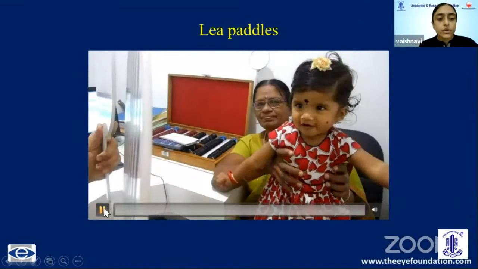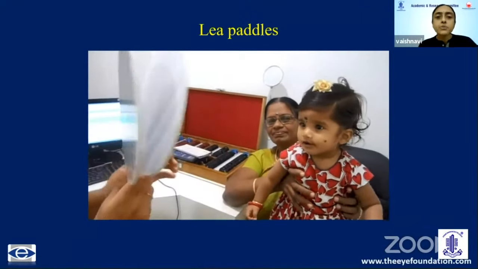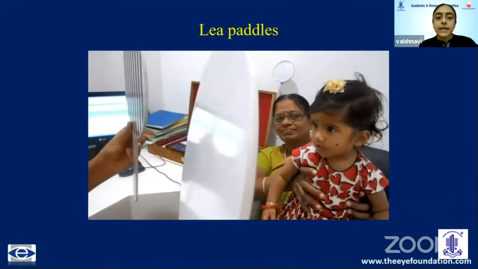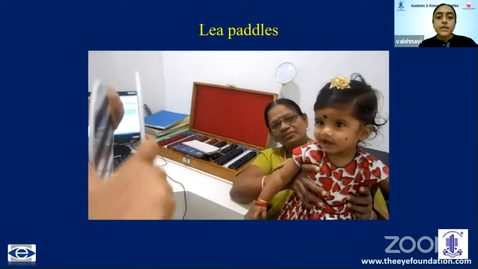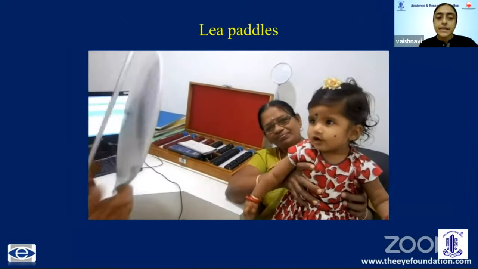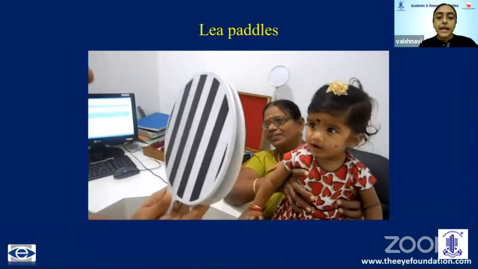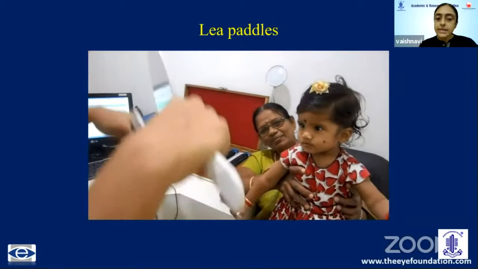And this is a small video showing visual acuity testing by Lea paddles. This uses paddles to present the gratings. The infants detect the presence of parallel lines of decreasing width. When a stripe pattern is presented in front of the infant, along with a gray surface of the same size and luminance, the infant is likely to look at the stripe pattern. The handle allows the tester to hold the test easily.